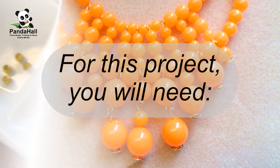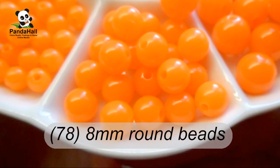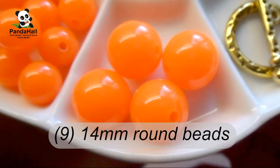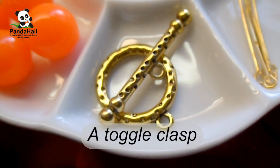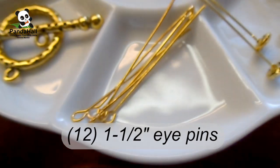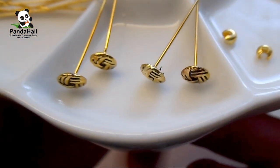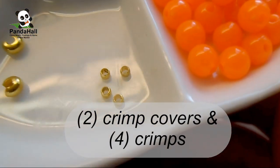For this project you will need 42 6mm round beads, 78 8mm round beads, 9 10mm round beads, 9 14mm round beads, a toggle clasp, 12 1.5-inch eye pins, 9 1.5-inch head pins, 2 crimp covers, and 4 crimps,